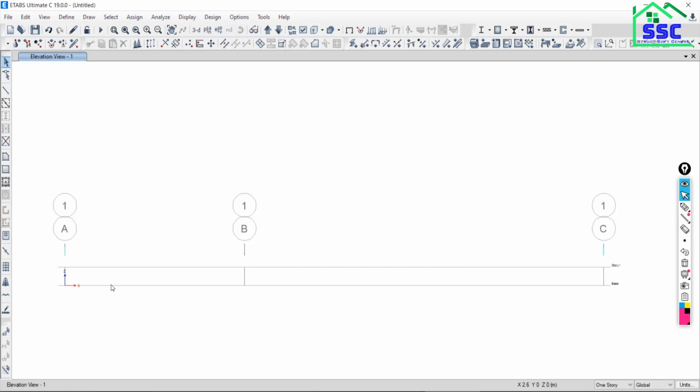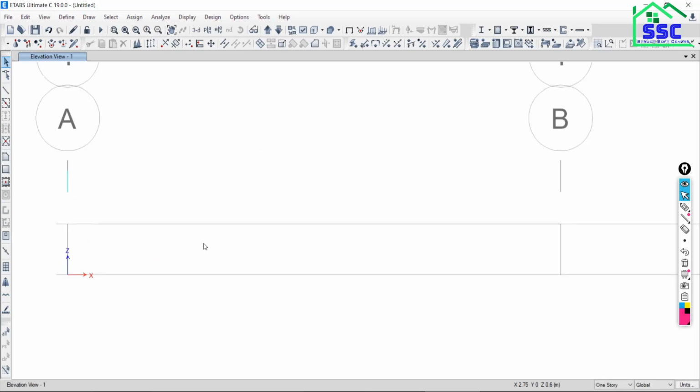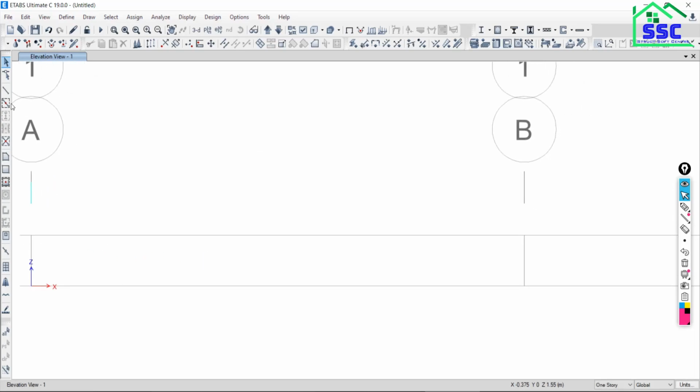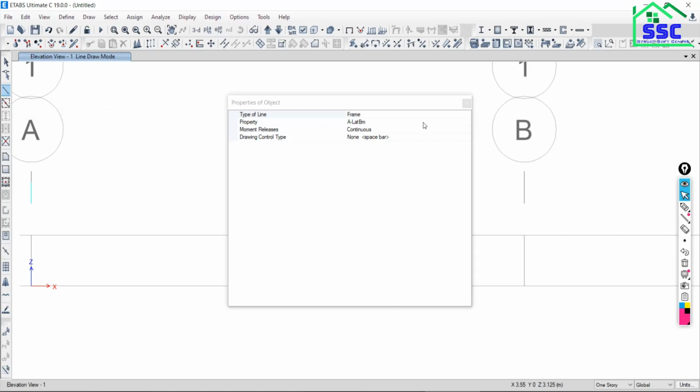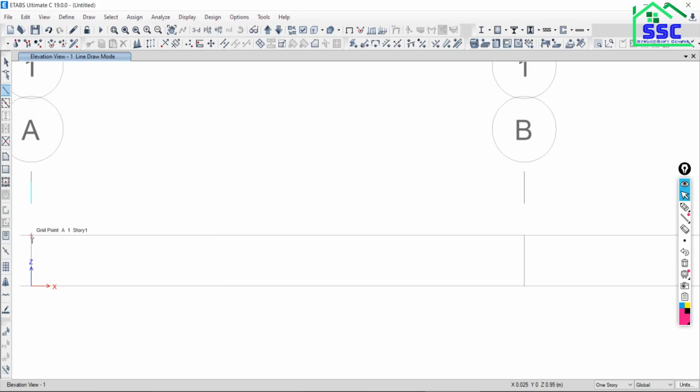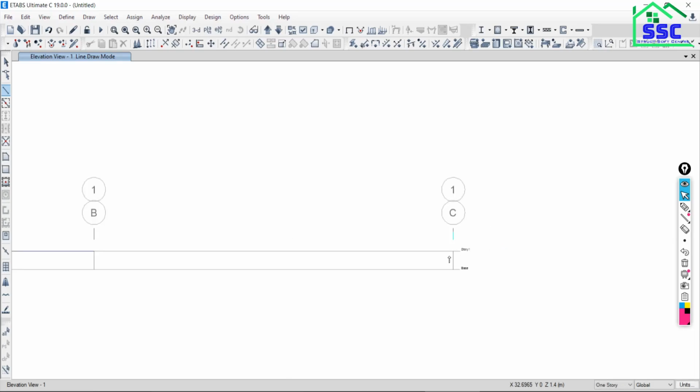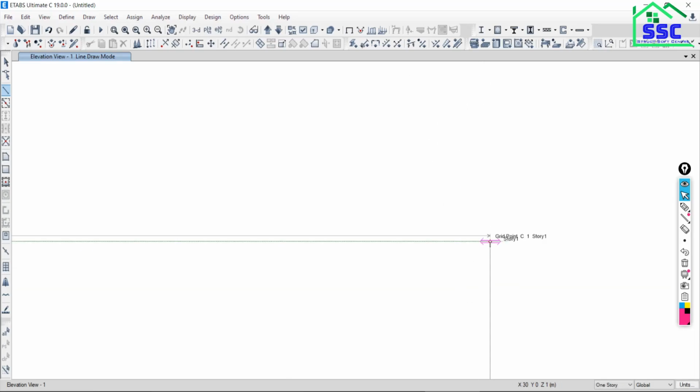This is done. Now go to frame, draw from this point to this point first. Now from this point to this point. Is it okay?